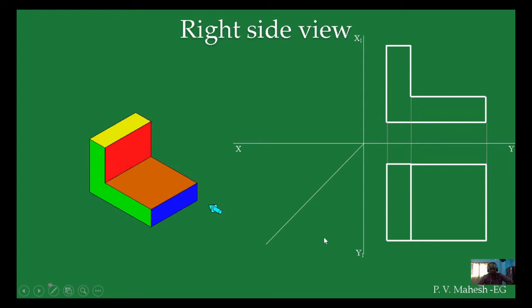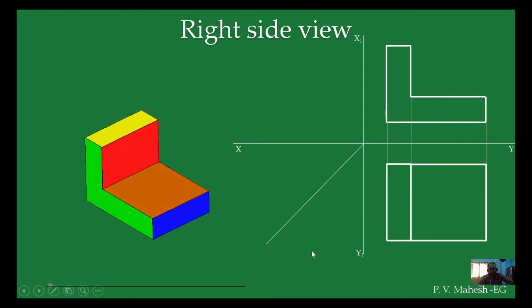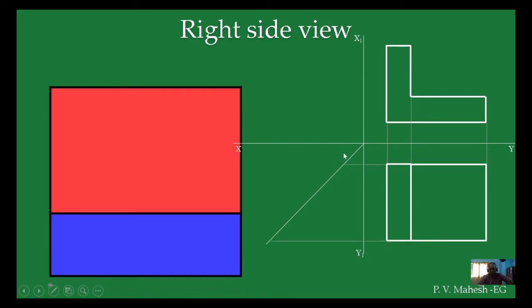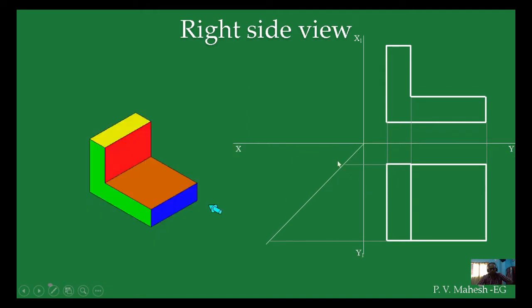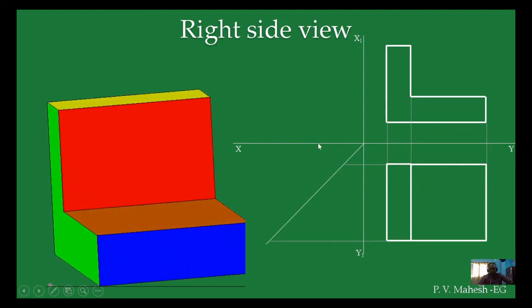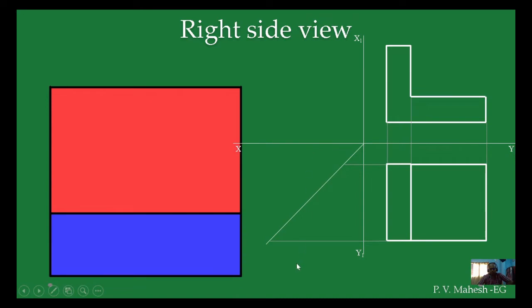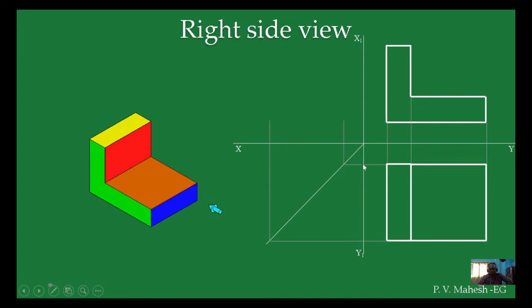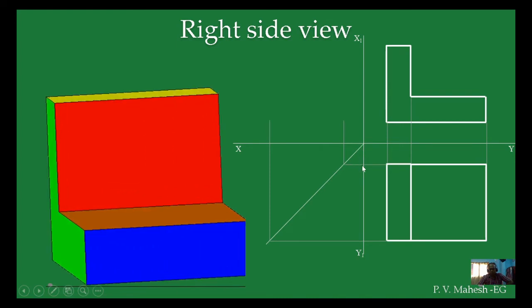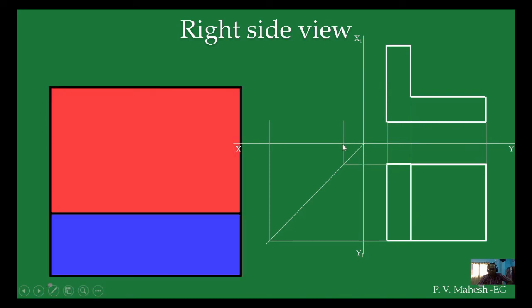We do the same way we have done previously. Draw the projections from the top surface like this. And what is this line? It is a line making 45 degrees with the profile plane and the reference line. Why are we doing this? If I draw a projection line, whatever distance is here from here will be equal to the distance from this point. That is why we are doing it this way.